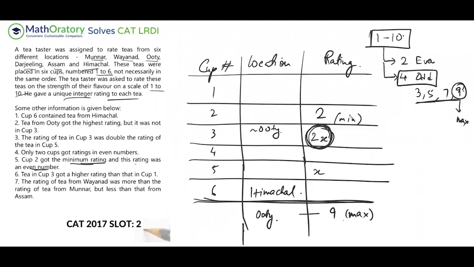So what are the possibilities for this x and 2x? Let's work this out. I'll remember where we have done up to this point. So the fifth is the point. We can recollect that later on anyhow, but let's work on this as of now. If you look at this x and 2x relationship, this 2x has to be less than 9, right? So I can pick something like 3 and 6. I cannot pick something like 4 and 8, because remember there are only 2 even numbers. So one even number is here, one even number is here. So this has to be an odd number, right? I cannot pick 4 for this, so that is not possible. This is even. But if I pick 5, this is 10. So that is also not possible, right? So the only feasibility is 3 and 6.